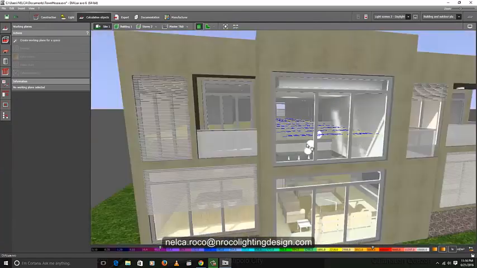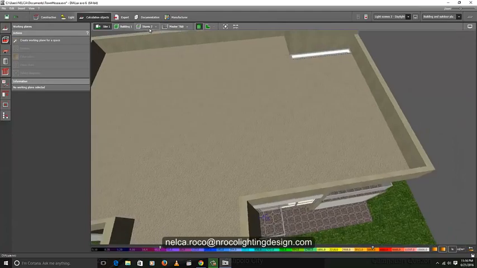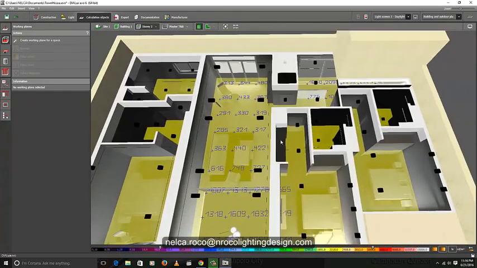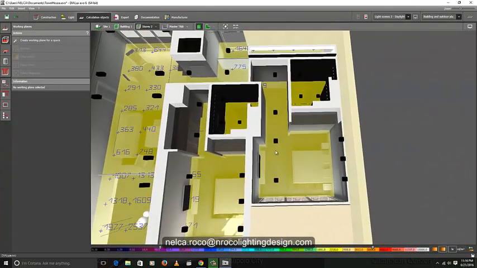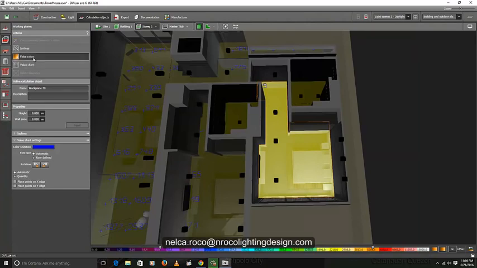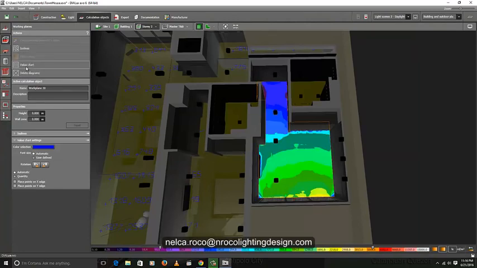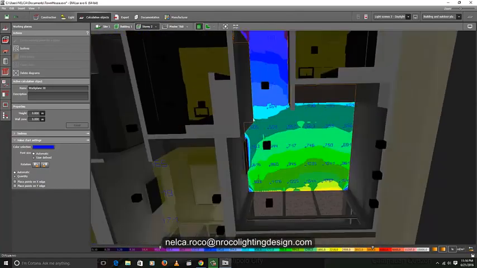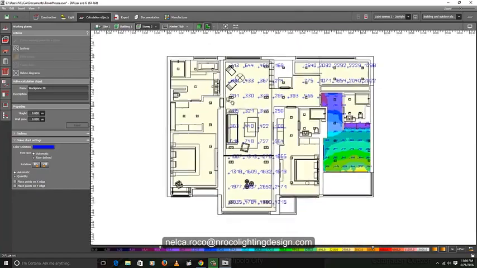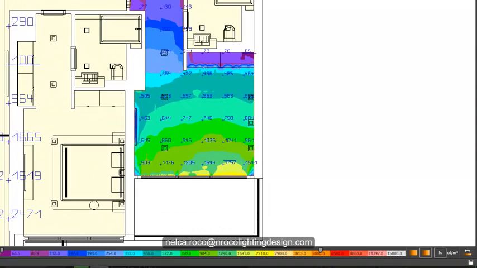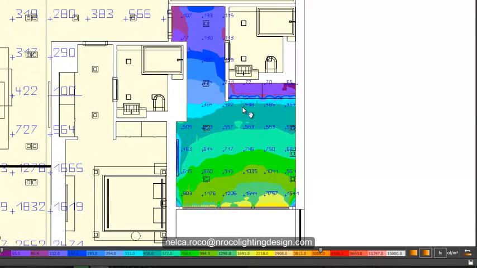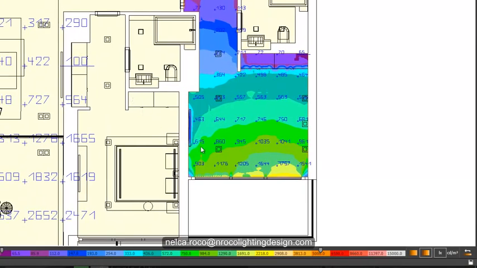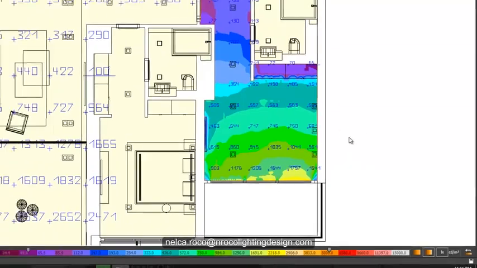Look at that. And for example, you want to see another value here. For example, this bedroom. You can go by either false color value or by value chart. You can also mix it like this. And if you want to go to the plan view, you can also click this tab. So yeah, that's why I told you to learn the basics on how to use Dialux Evo first before you run your